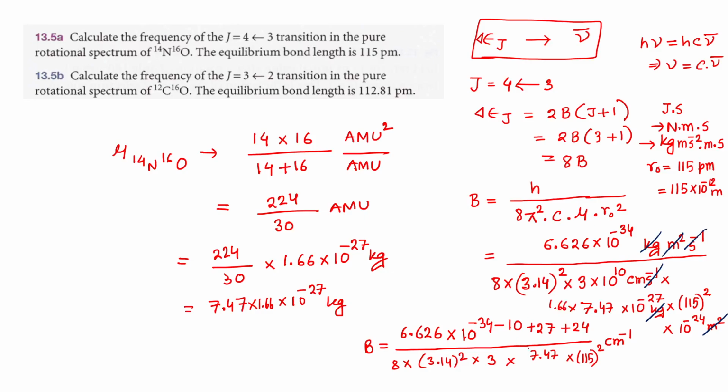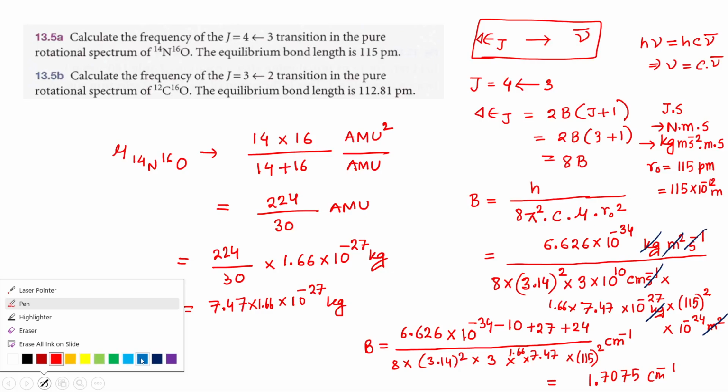See, on the fast numerical, I am making so many mistakes. Actually, you are going to get something like 1.7075 centimeter inverse. Please let me know if you are getting that. So we have the value for the rotational constant. Now, if we have the value of the rotational constant, we can get this,